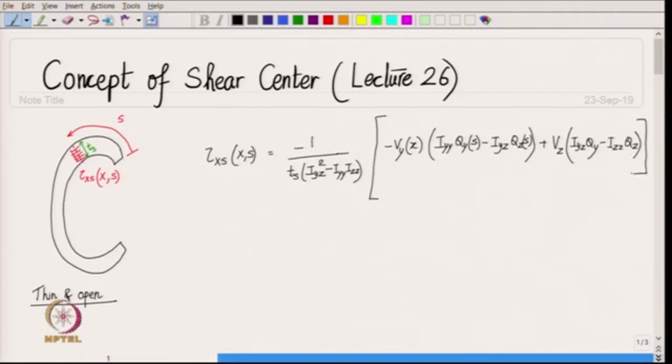Okay. So, that is the formula for the shear stress distribution in the cross section, and there will be a